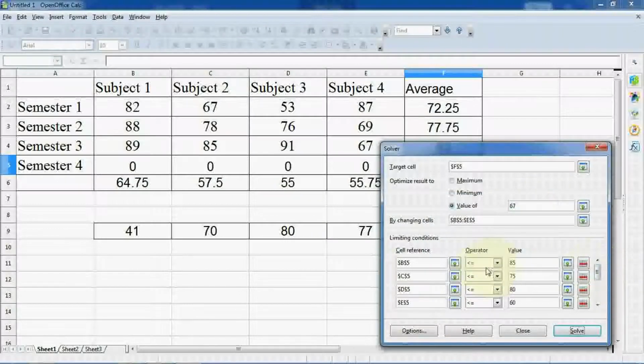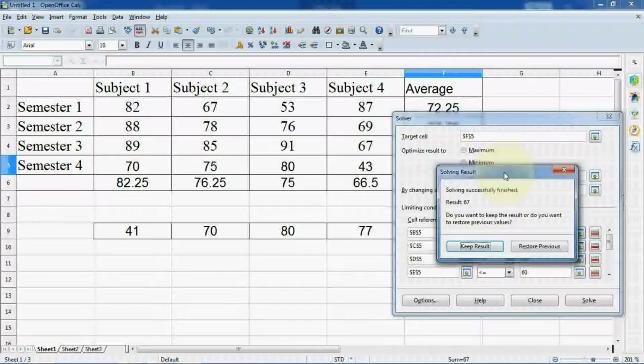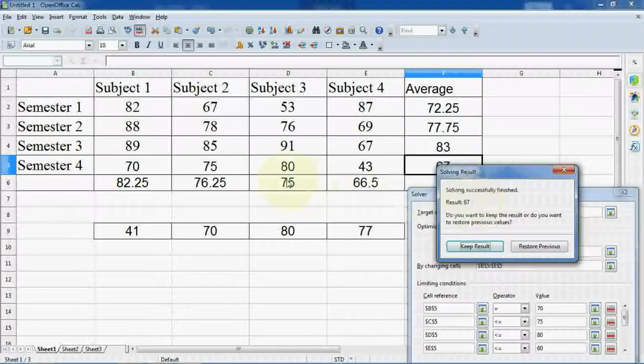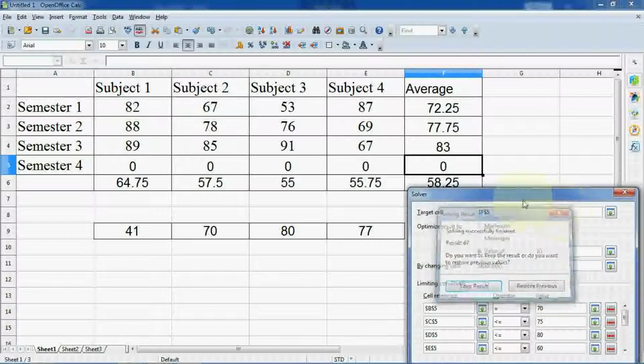So less than, here we will try. Okay, that less than option is not coming here. Okay, operator equal to. Okay, it should be equal to. Then what happens? Equal to 70. Okay, see, it's showing equal to 70 and changes the value accordingly. So it is calculating in this manner. So I hope you understand how it is calculating.